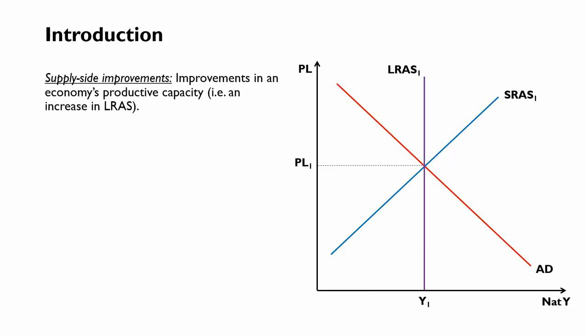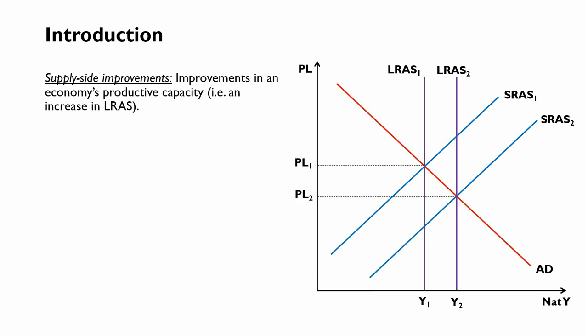Supply side policies are all about achieving supply side improvements, and by supply side improvement we mean an improvement in our economy's productive capacity, an increase in our long run aggregate supply curve, leading to greater national income but without inflation. Now, the economists at university agree that this is a good idea because